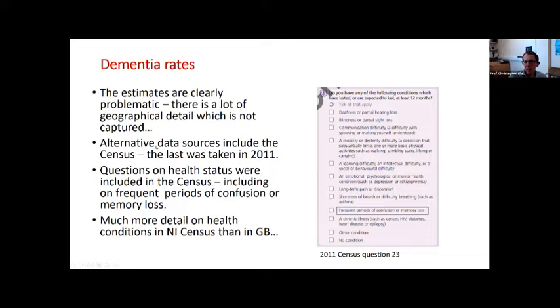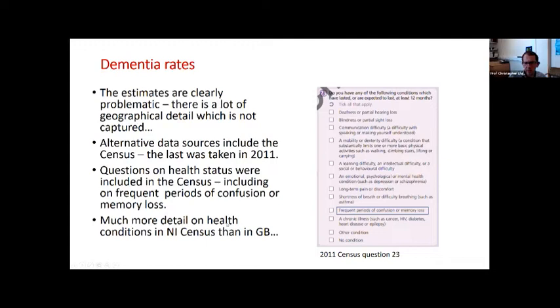And the census potentially offers a way of trying to enhance that a little bit. It certainly helps us to understand the geography of poor health in as far as people perceive it themselves, even if it's not related to a clinical diagnosis. So as I said, we've got this variety of questions. I'm not sure if they're exactly the same in the 2021 census, but they are pretty much. It's including more or less the same categories. So we'll be able to look at how this has evolved on a geographical basis in the 10 years between 2011 and 2021. We'll be able to do that in due course, not yet.